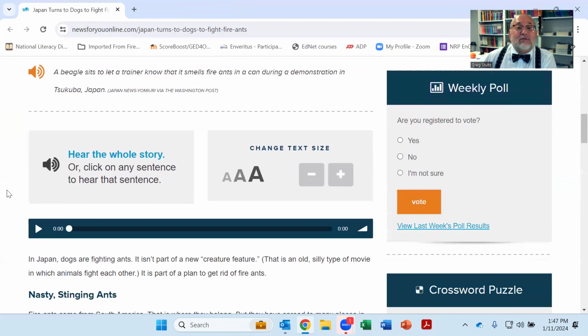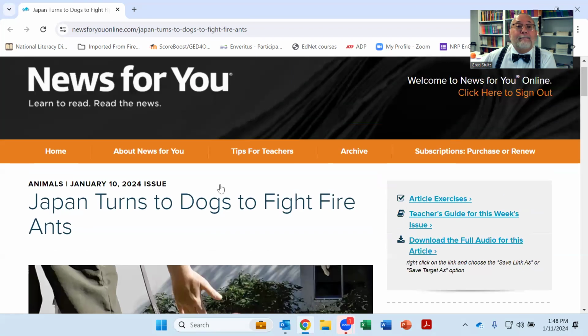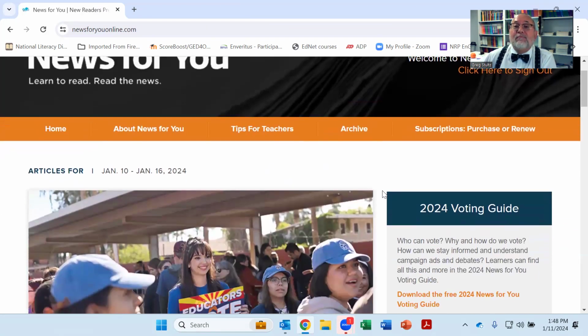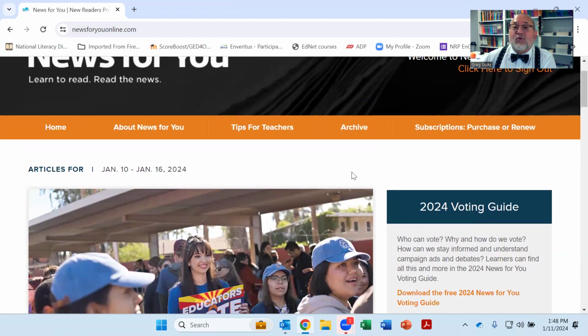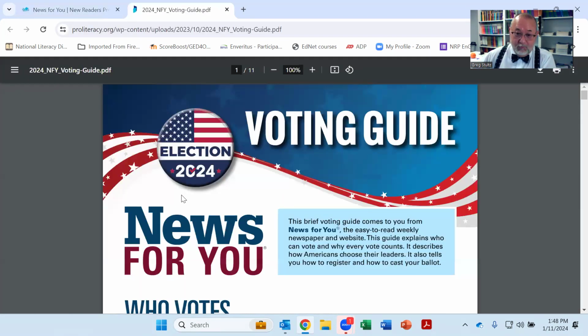Lots and lots that you can do. All right, now I'm going to go back to my home page here, and we'll look at some of the other features quickly. From the top, there is this year a 2024 voting guide. You can download the free 2024 New Year News for You voting guide, or we can just click here and look at it. Click, open a new browser,